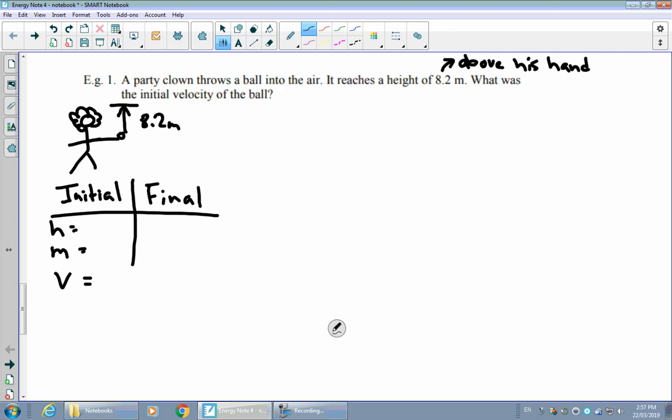So for height and velocity, on the initial side of things, we're going to call it H1 and V1. Mass really isn't going to change, though. So I don't need to call it mass 1, because there won't be any different mass later on. It'll just be the same mass. On the final side then, I'm going to write it as h2 for the final height. Mass will be the same, whatever it is, and v will be v2 in the final situation.